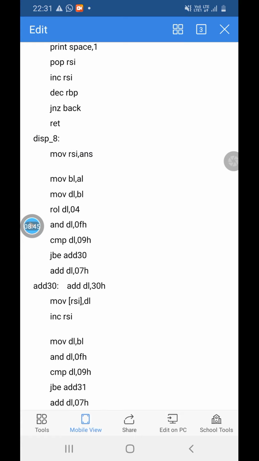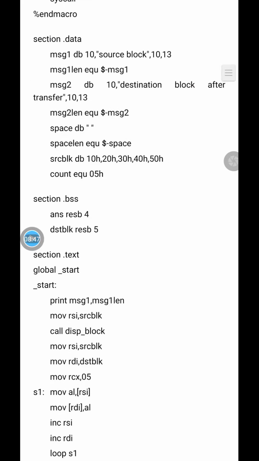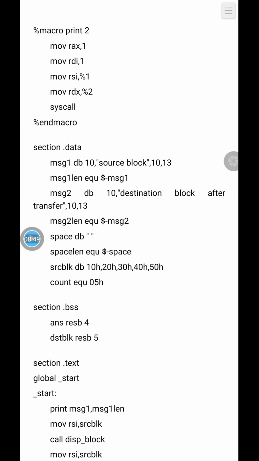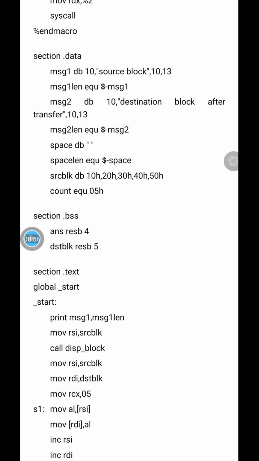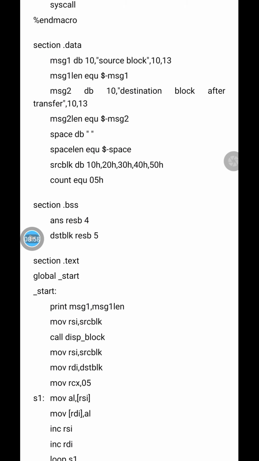Now see, in this particular program, we have to declare the source block. Under section .data, we have declared the message 1 source block. So we are displaying the source block contents also initially. This message displays the source block, and it will display the contents of the source array.